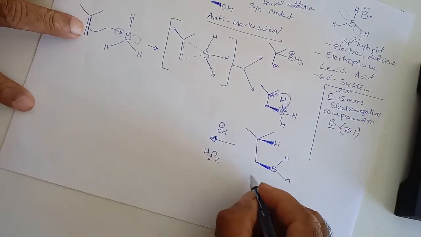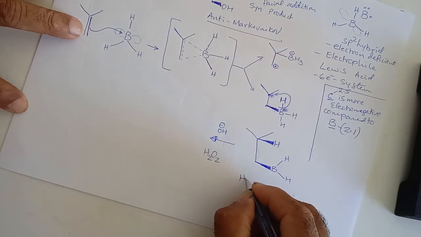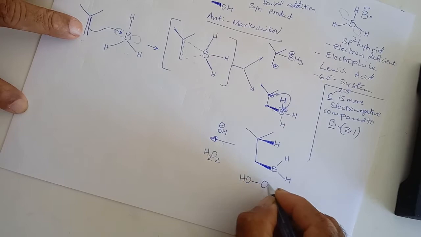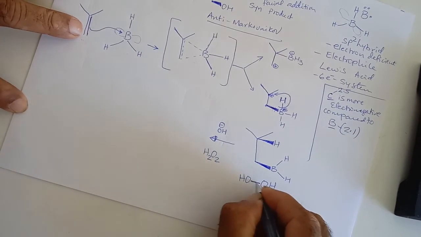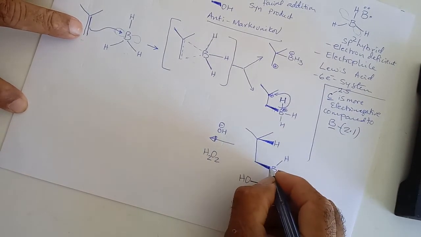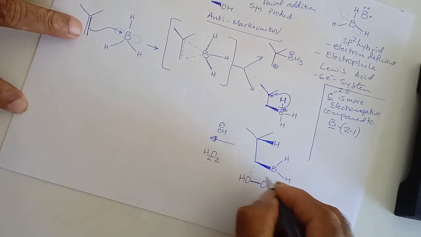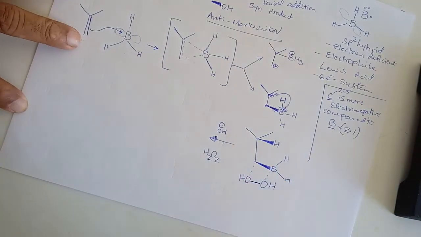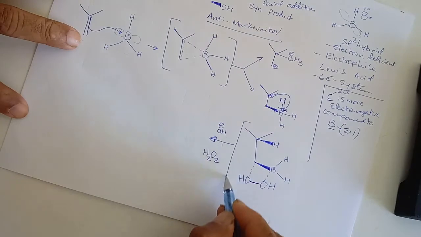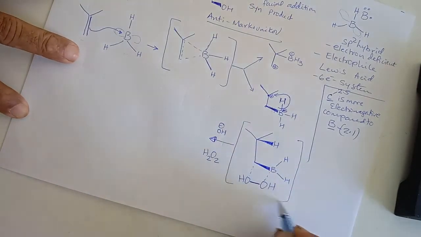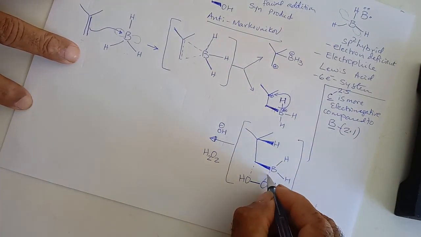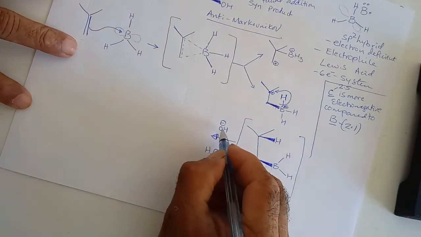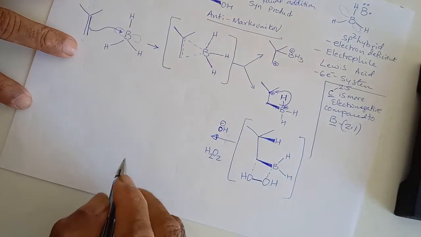I prefer to write it like this. I would say there are 2 electrons here, there are 2 electrons here. The transition state is going to be like this. After looking at several documents, I have seen that this is more consistent, because while the base is necessary,